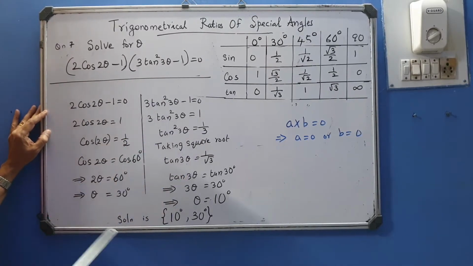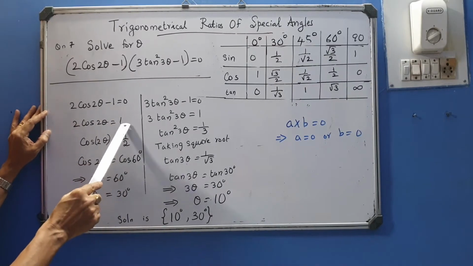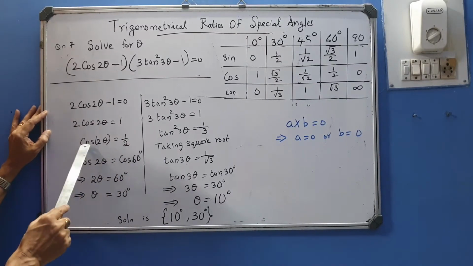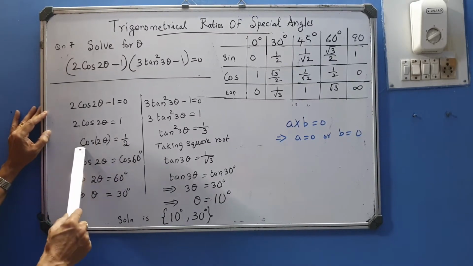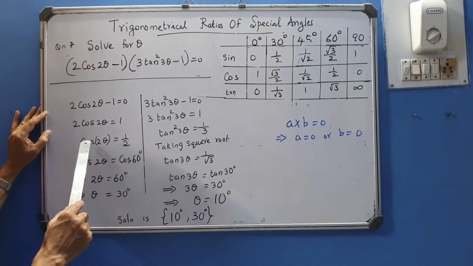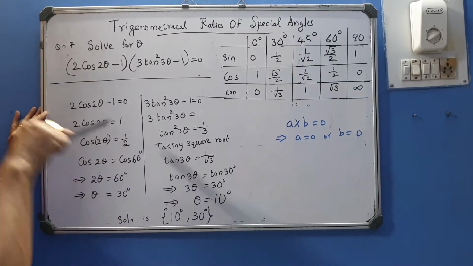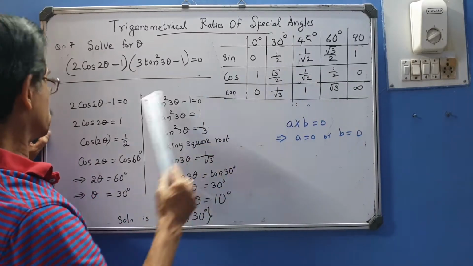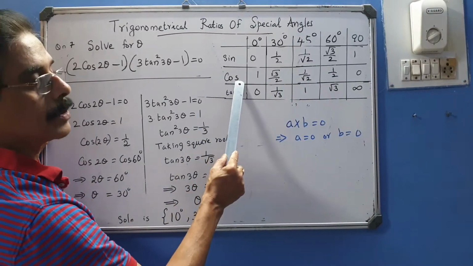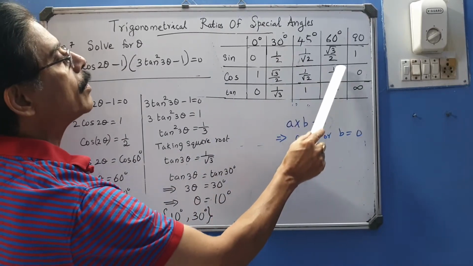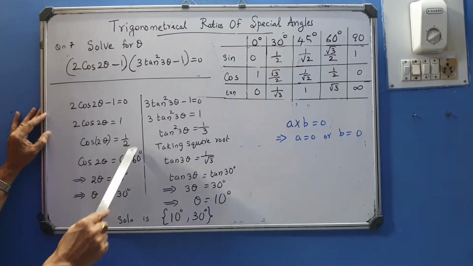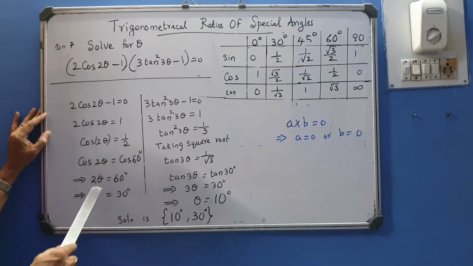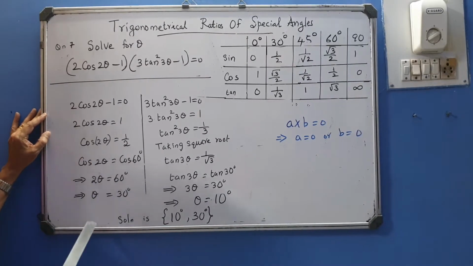So the first term solution is like this. Take -1 to the other side, you get +1. Later 2, you take it to the other side. So cos 2 theta is 1 upon 2. Now, this 2 cannot go to the other side because this is a cos angle. The angle cannot be taken to the other side, because it is cos of 2 theta. Now search for the cos value which gives you half. The left side is cos, so the right side has to be converted to cos. So which cos value gives you half? You look at half for 60 degrees. So we can replace half as cos 60. Now cos and cos will get cancelled. You get 2 theta is 60. So one value of theta is 30 degrees. So one of the answers we got is 30 degrees.